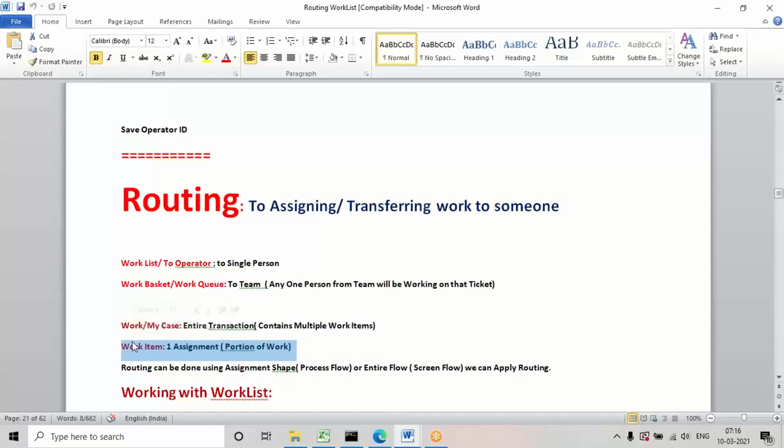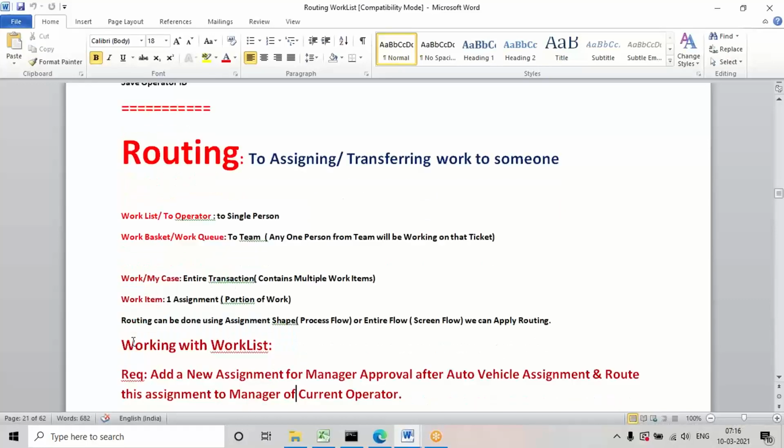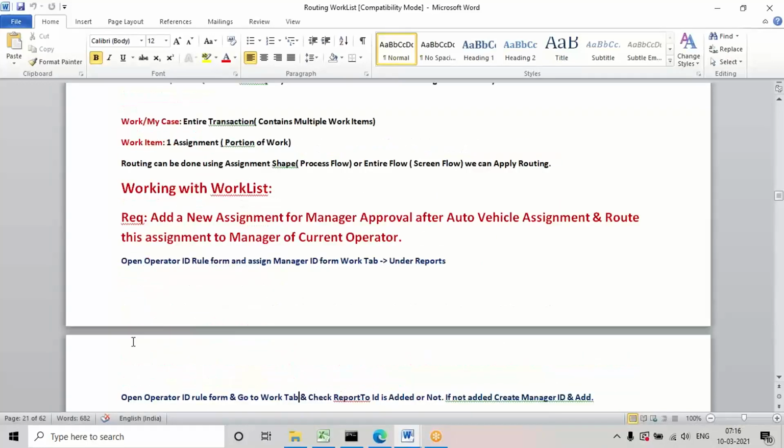So let's see. In this example which I'm going to work on, we're also going to understand some additional things. Sometimes you may get a chance to design the UI in data classes. Suppose in any case the UI design is created in data classes, how do you call it in the work layer, and what are the additional steps we need to configure? We are going to understand that in this requirement.